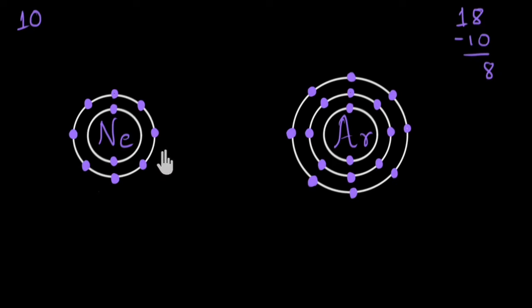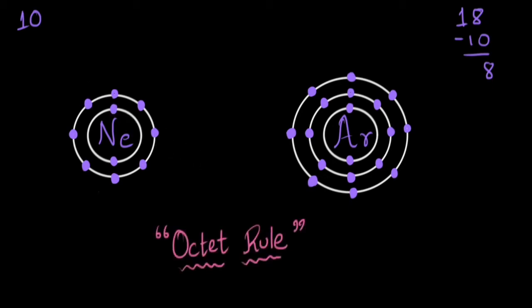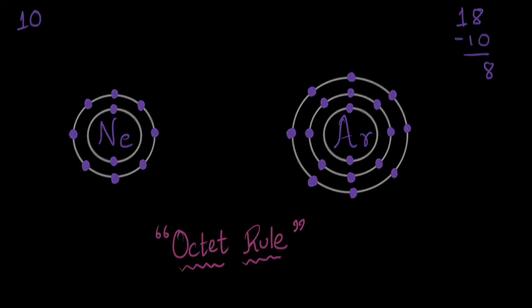Now this made us think, is it because of this special arrangement of electrons that our noble gases are inert in nature? And yes, this came out to be somewhat true. We noticed that other elements were participating in reactions. They were losing, gaining or sharing electrons just to be able to attain 8 electrons in their valence shell or outermost shell. Seeing this, we gave this phenomenon a name. We call this the octet rule. It states that generally elements will participate in reactions to attain 8 valence electrons. Now let's look at some examples of this.